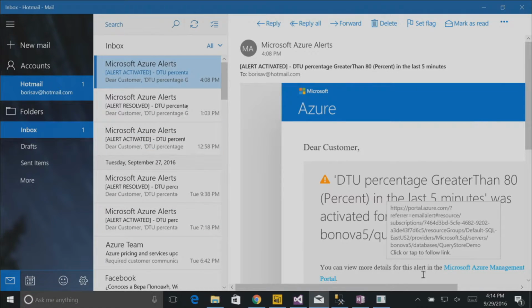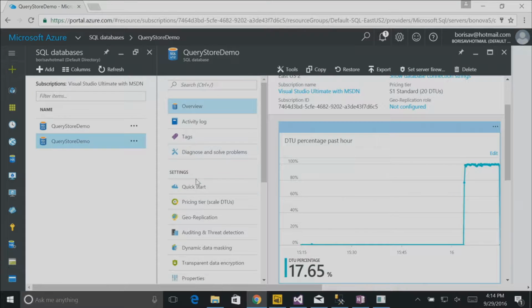If I copy that link and go to the page, I'll save some time here. You can see that when I click on my database, the link actually leads me to this page, and I can see that my database is running at almost 100 DTU. So DTU is a blended measure that